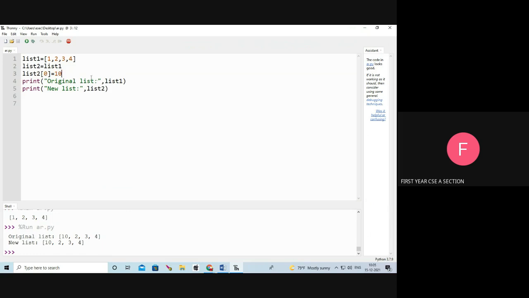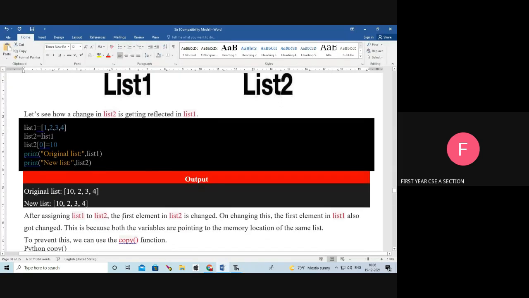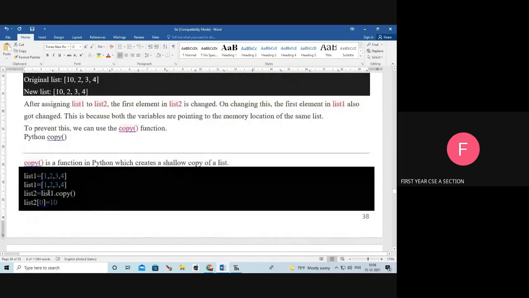So 10 2 3 4 is list 2. But the first list, list 1, also changes its first item to 10 2 3 4, because we simply copied list 2 equal to list 1. So if we make any change in either list, it will reflect in the other list also. That's why we need to use the copy function to copy the list.